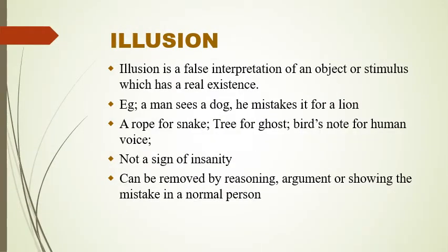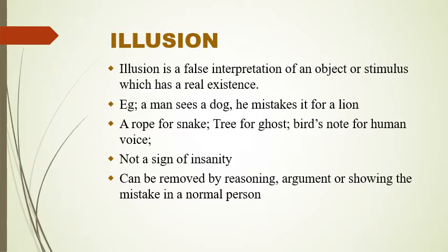Now about a term called illusion. Illusion is a false interpretation of an object or stimulus which has a real existence. So what differs from hallucination is, hallucination means there is a false sense of perception, and in case of illusion there is a false interpretation of an object which has a real existence, but the person is interpreting it falsely as